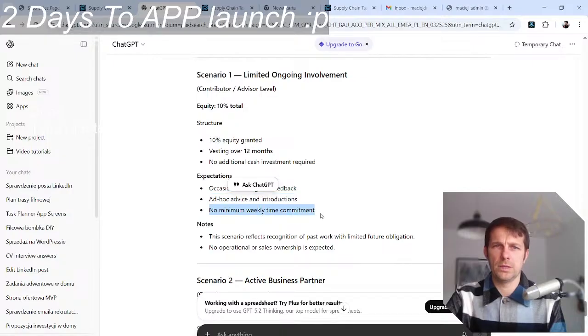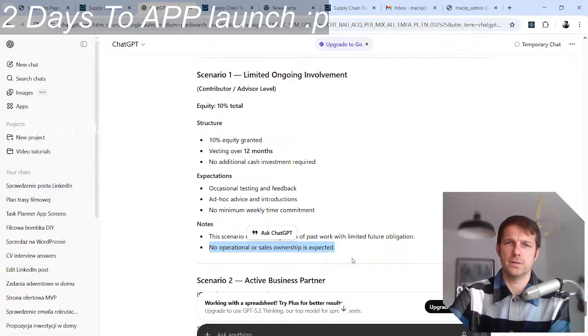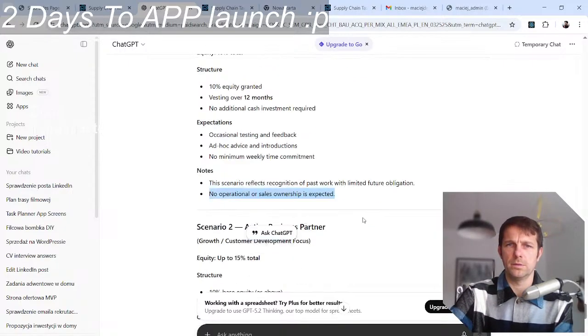No minimal weekly time commitment. Okay. This scenario reflects recognition of past work with limited future obligations. No operational or sales ownership is expected.